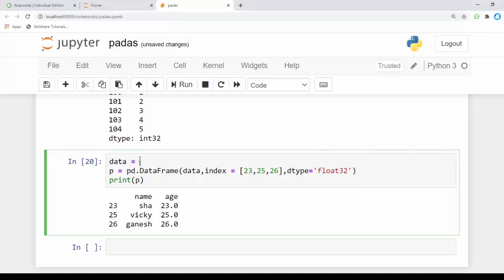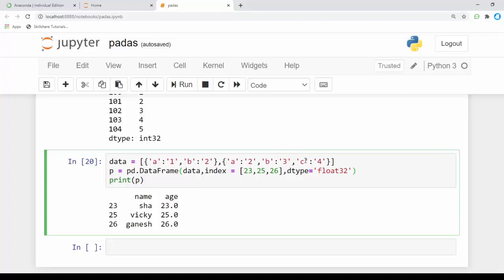I'm going to delete this and create a list here: A, 1 here, B, 2 here, A, it's going to be 2 here, B, it's going to be 3 here, C, it's going to be 4. In this list, in this dictionary format,